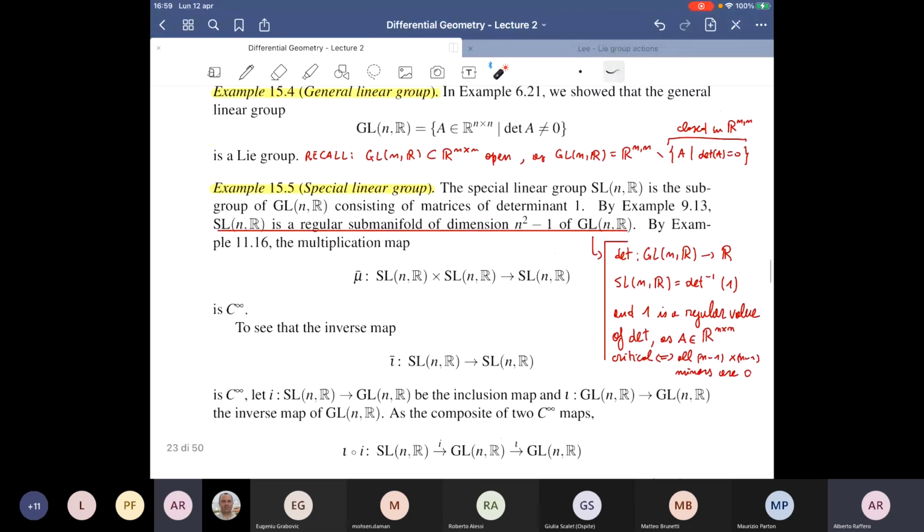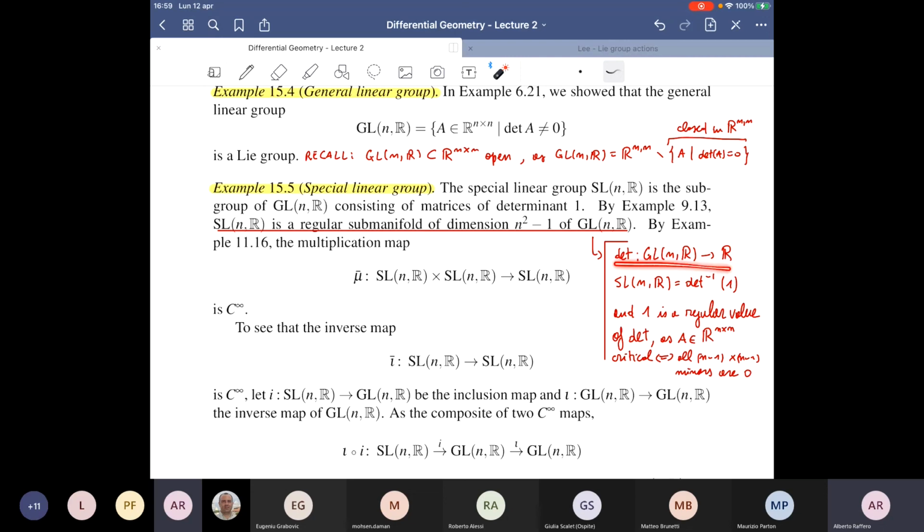Another example you saw last time is the special linear group, which is the subgroup of the general linear group made by the matrices whose determinant is 1. And you discussed this example, I think, showing that the special linear group is a regular submanifold of the general linear group whose dimension is n squared minus 1. Here is how it works. This should be what you saw last time. You consider the determinant map, and you can think of the special linear group as the inverse image of 1